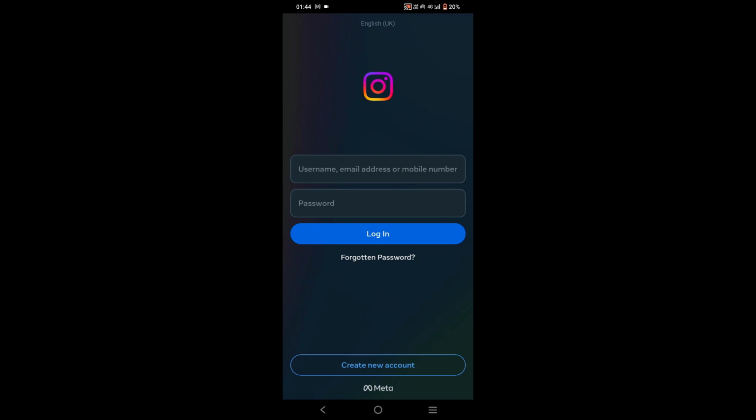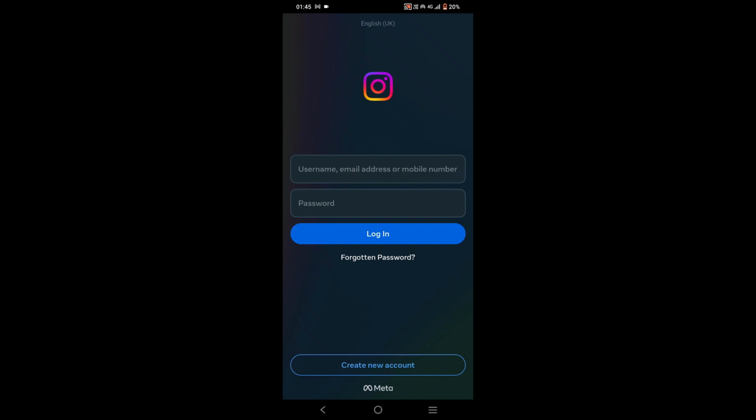In today's video, I'll show you how to recover a deleted Instagram account. If it's past 30 days, once you have permanently deleted your account, it's quite hard to recover it. However, if you have temporarily deleted it, or permanently deleted it and you have that 30 days grace period, then you